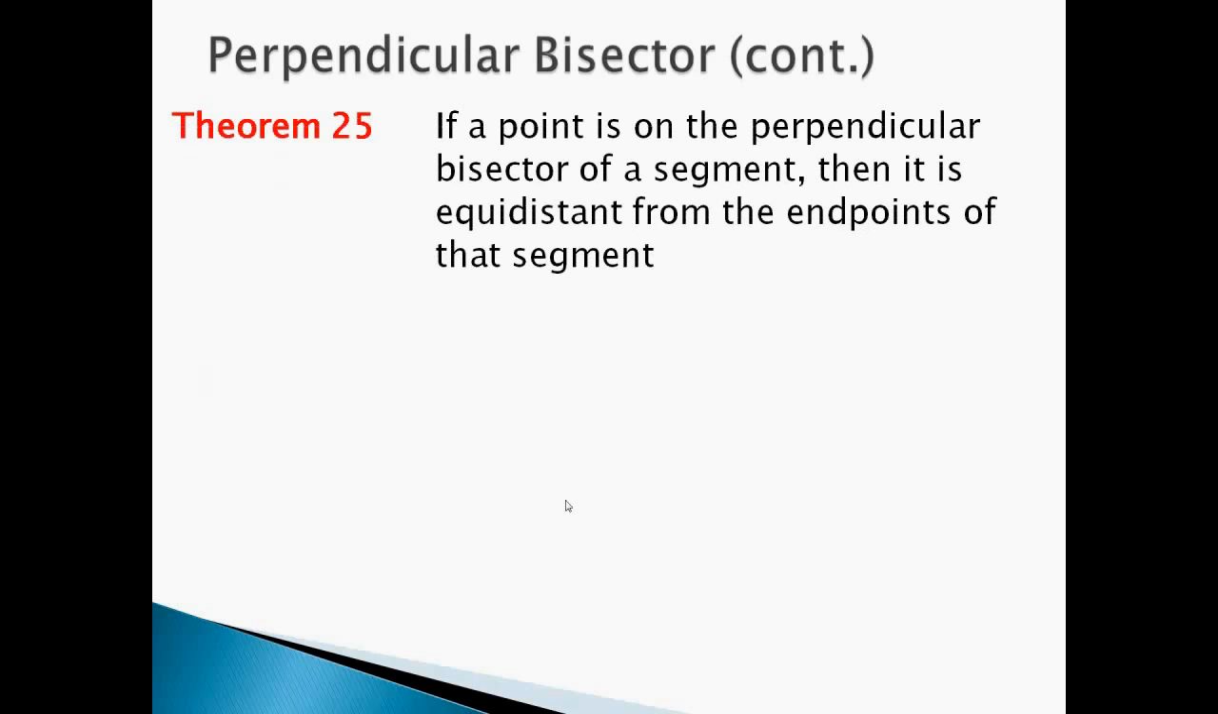Okay, the second part of that is if a point is on a perpendicular bisector of a segment, then it is equidistant from the endpoints of that segment. So it's similar but not the same, showing you different parts of it. And that's theorem 25. Now, how does this all apply to you? What does it even mean? I've probably lost at least half of you by now, but to see it actually used in a proof